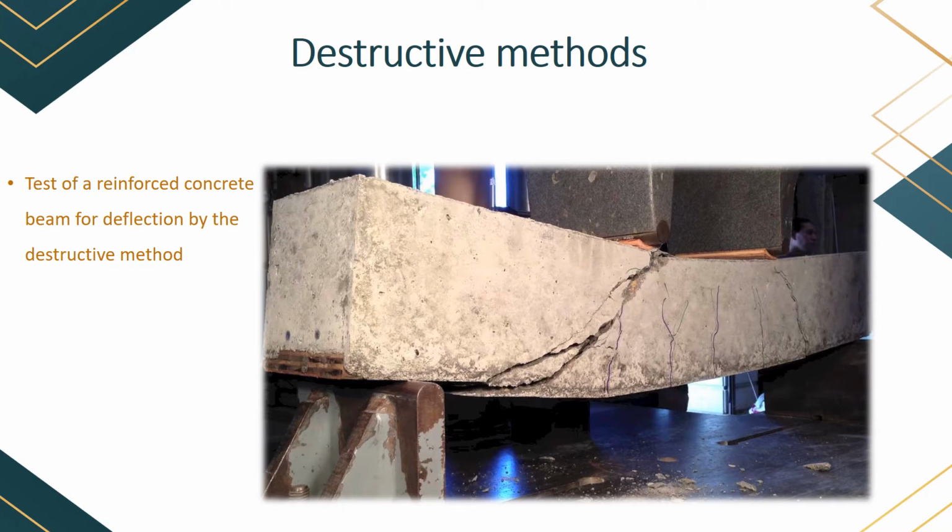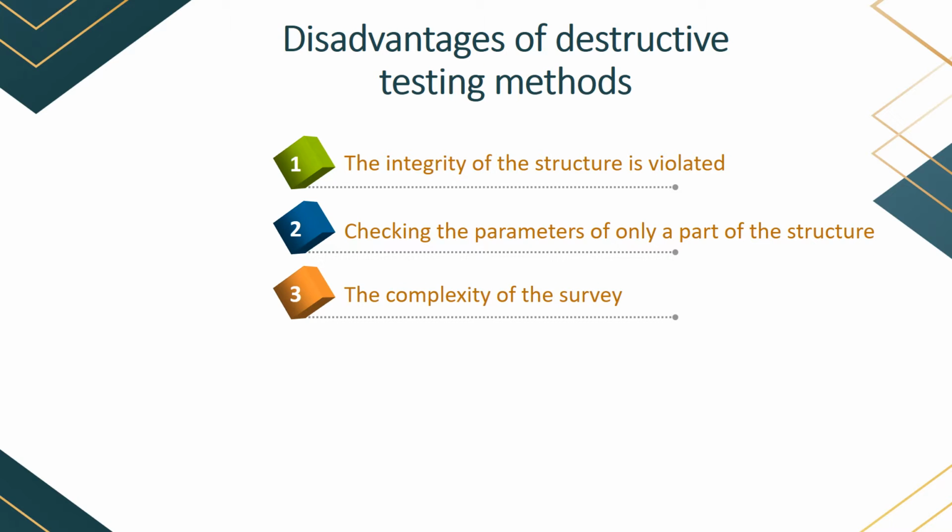Removing a sample or several samples from a structural element, there also occurs an integrity disturbance of not only an element itself, but also a part of a facility's structural layout, since the supporting structures are usually interconnected with each other. Therefore, when one of them weakens, the loads are redistributed. Another disadvantage is a violation of the experiment purity, when only part of a structure is used in the test. In fact, when culling cores or cutting out concrete samples from a body of a structure, a new independent structure